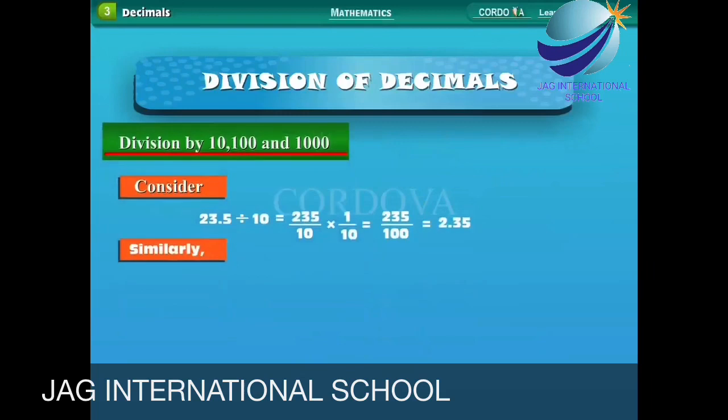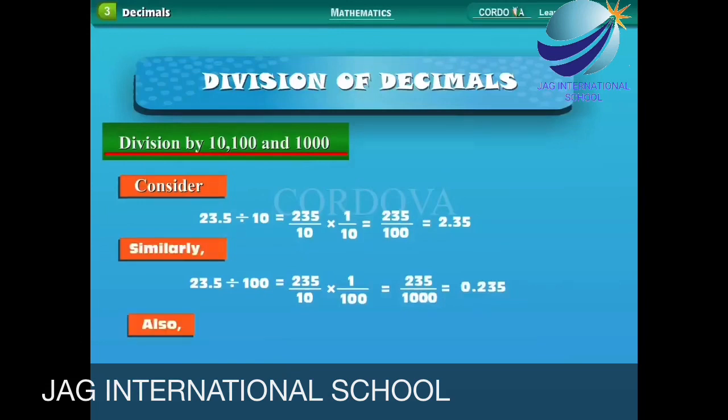Similarly, 23.5 divided by 100 is equal to 235 upon 10 into 1 upon 100, which is equal to 235 upon 1000, which is equal to 0.235. Also, 23.5 divided by 1000 is equal to 235 upon 10 into 1 upon 1000, which is equal to 235 upon 10,000, which is equal to